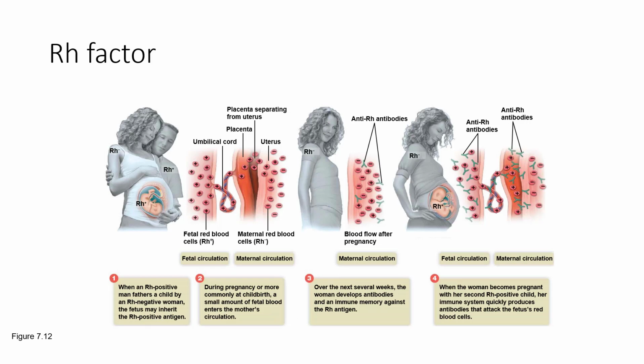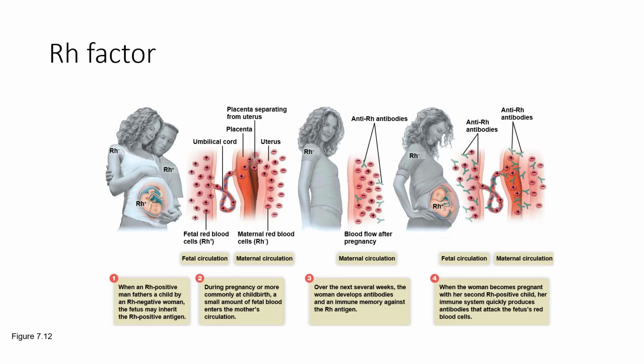And since she's exposed to blood from the baby, she will then develop an immune reaction and anti-Rh antibodies against the blood of anyone with Rh positive. This can cause complications if later on she has another baby and that baby has Rh positive blood,